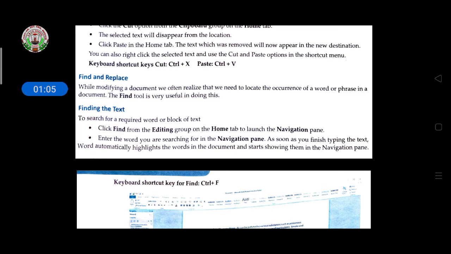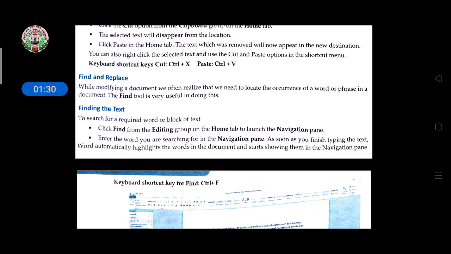The window will open; the word you are finding, you write, and then the word you are replacing it with, you write in the replace text box. All the text will be changed to whatever you have written in the replace text box.